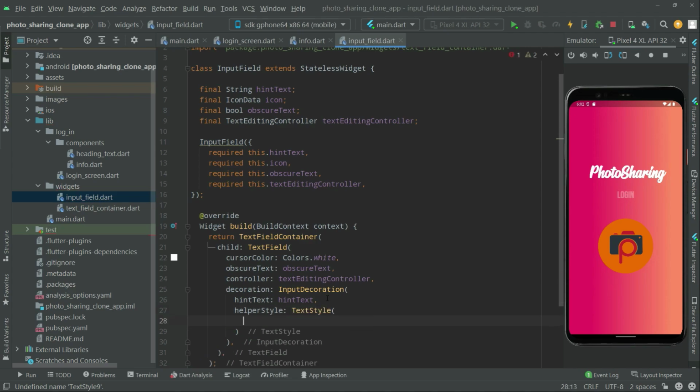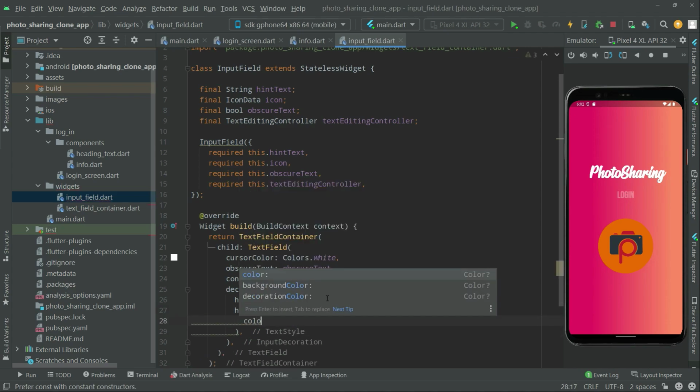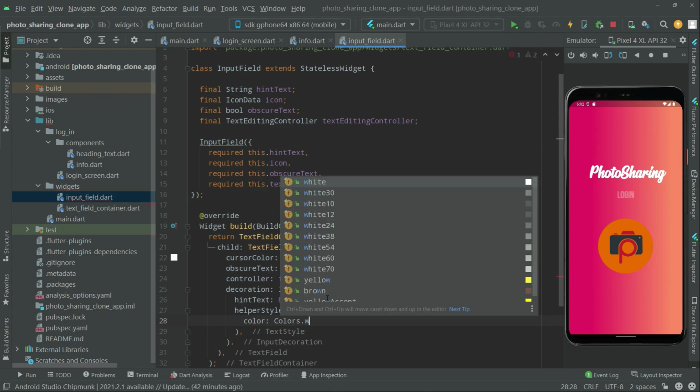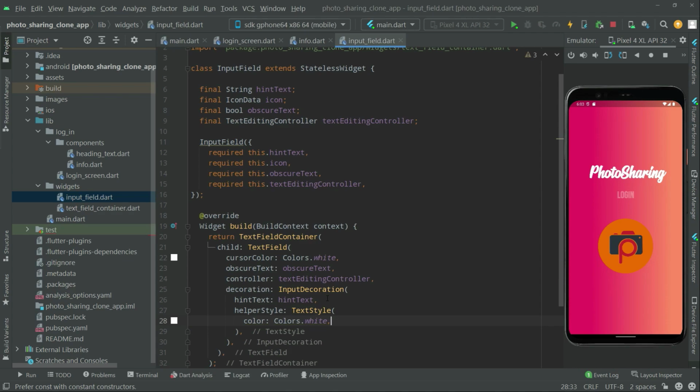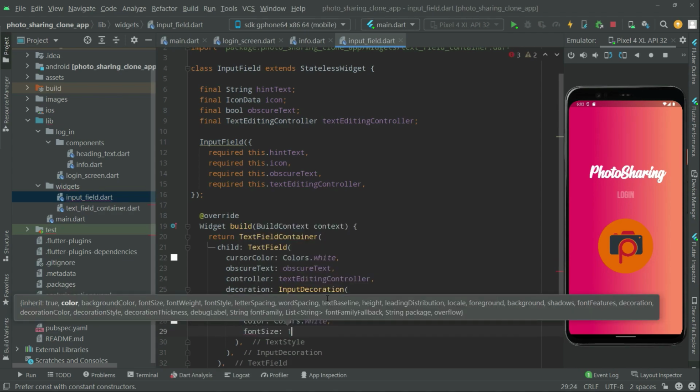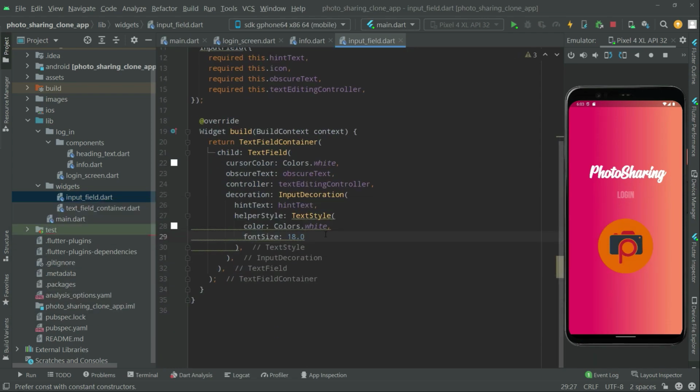So now right in there set the color, and Colors.white, we will go with a white. That's fine. In here right after let's set the fontSize, 18.0, all good. Now comma first,